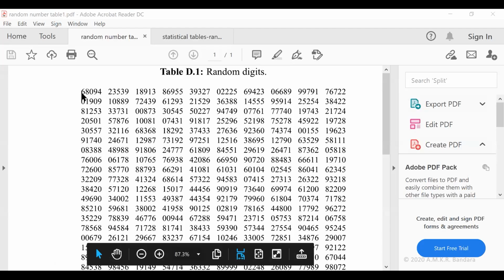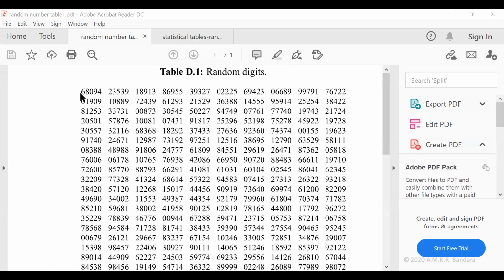So this random number table can be used to draw samples from a population with up to 100,000 individuals. So first of all, you have to select the appropriate random number table according to your population size.